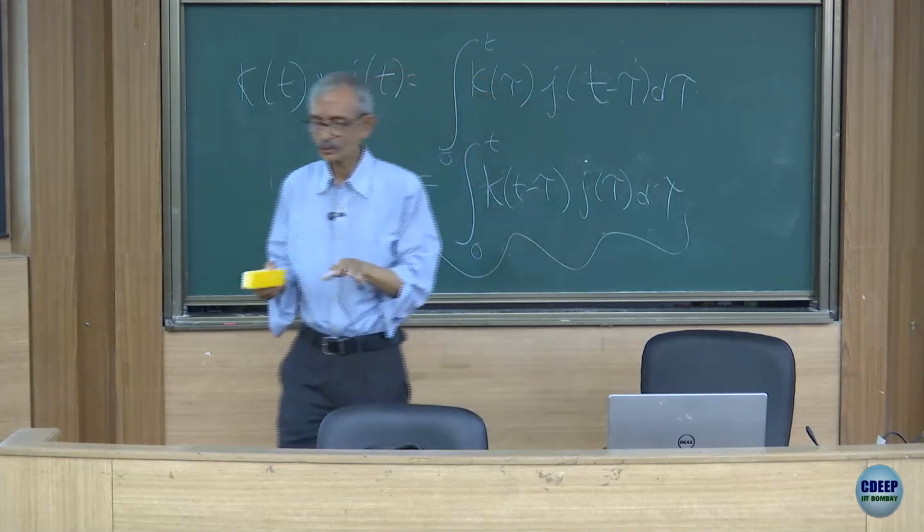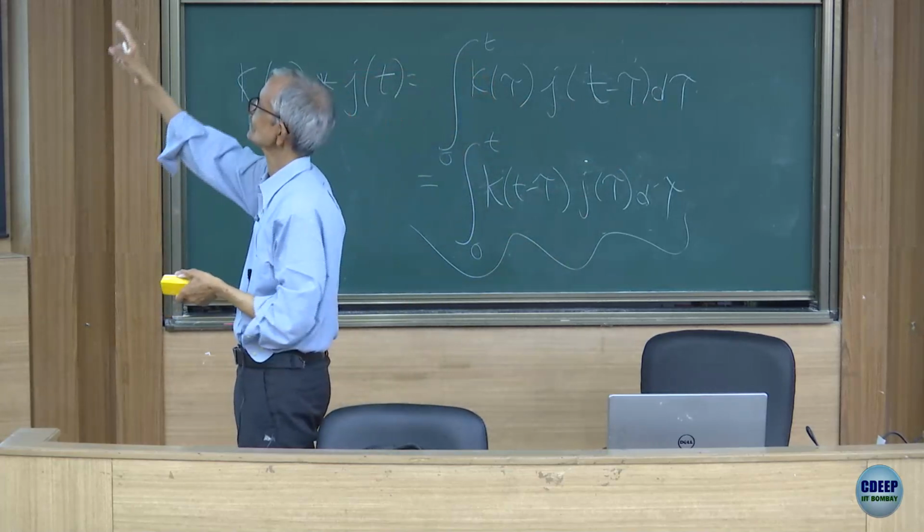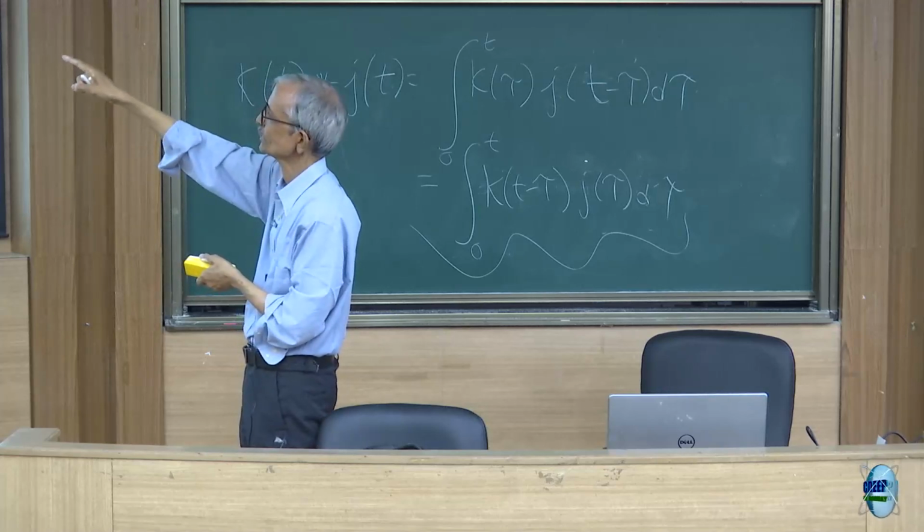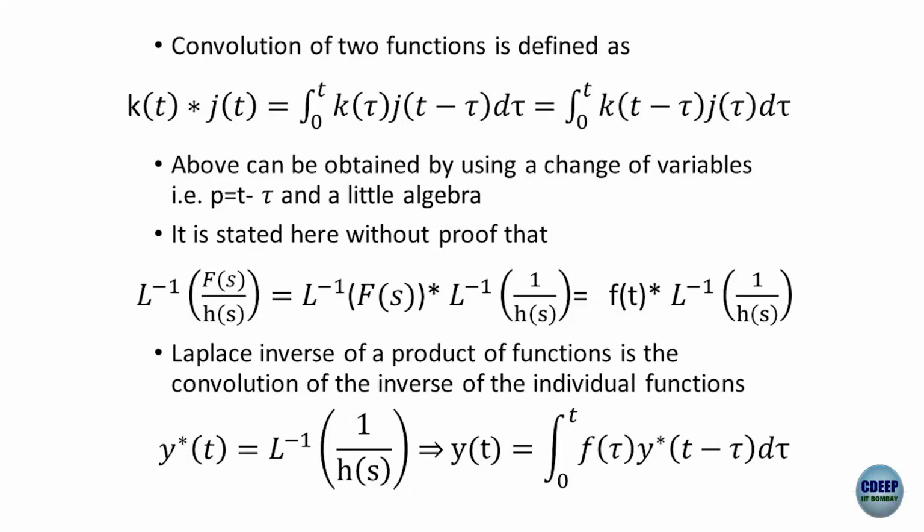And once again, we are not going to do it, but if you're really interested in showing these two are equal, you can take a change of variables, put p equal to t minus tau, do a little bit of algebra, and you'll be able to show that both of them are the same. Our intention is not to do that as of now. Our intention is just to understand that when you have got